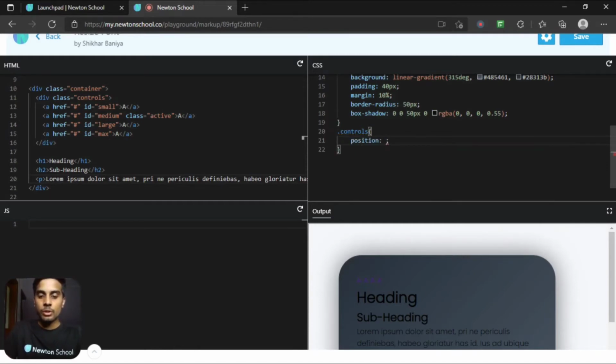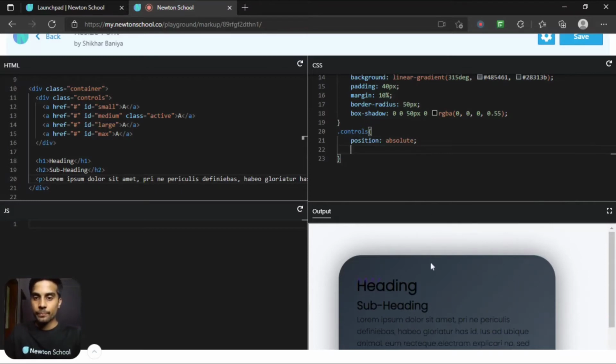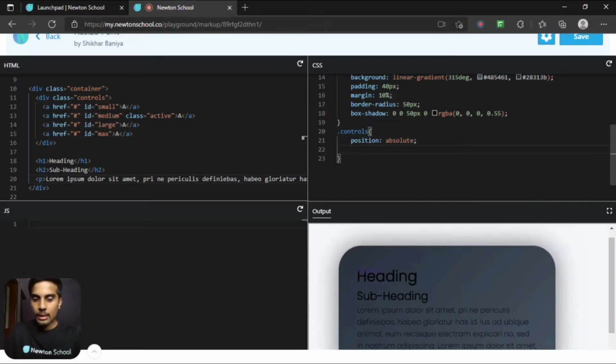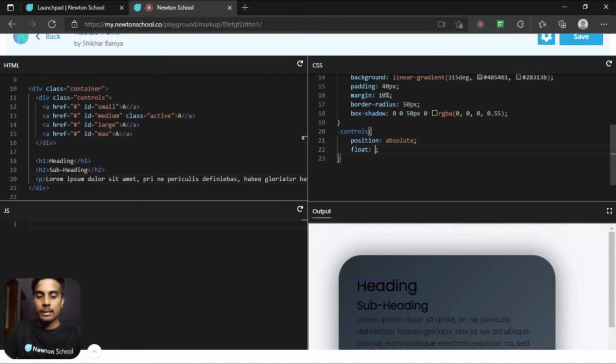First, let's position it to absolute, and I want to float it on the right side. So it will get changed on the right. Let me change the background first. So background will be hash 333. So as you can see, we got this as the background.